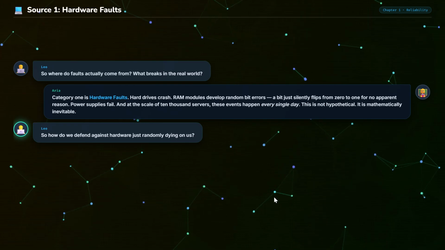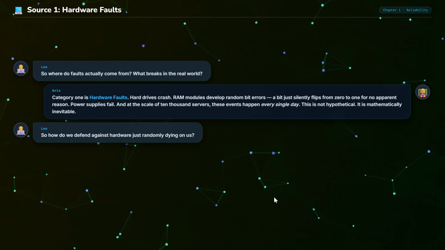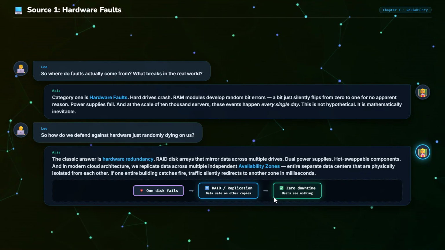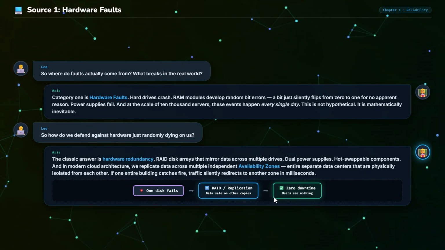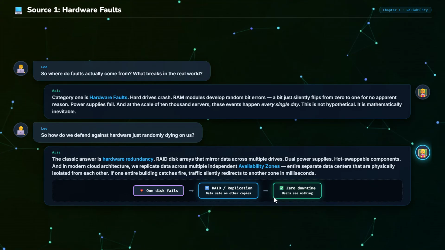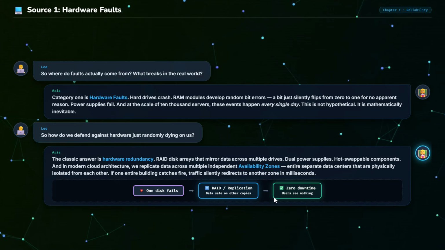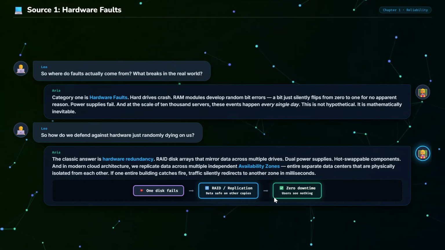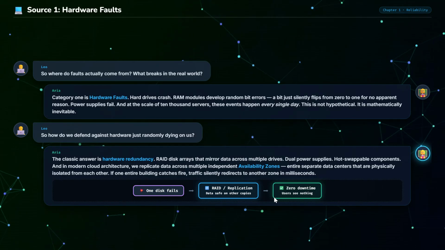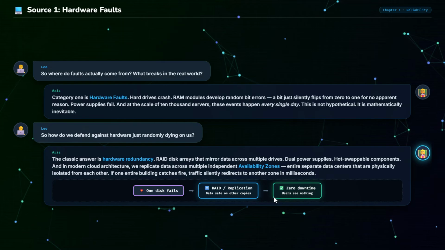So how do we defend against hardware just randomly dying on us at any moment? The classic answer is hardware redundancy. RAID disk arrays that mirror data across multiple drives so one dying disk is completely invisible. Dual power supplies so one power unit failure does not kill the server. Hot swappable components. And in modern cloud architecture, we go even further, we replicate data across multiple independent availability zones,